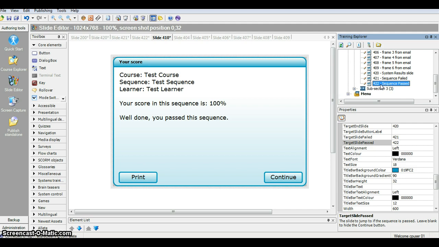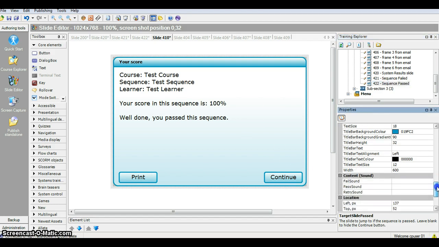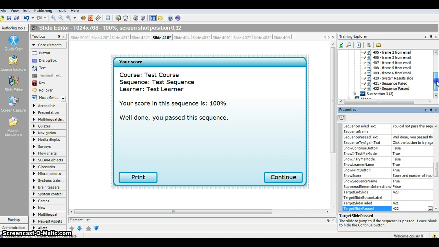You only want to make it so that they can reach slide 422 by passing your sequence of slides at an appropriate, accurate level. Okay, so that's kind of the most important pieces there with navigation and controlling the sequencing and so on. Now you can go ahead and finagle around with this more, but it's really important too that